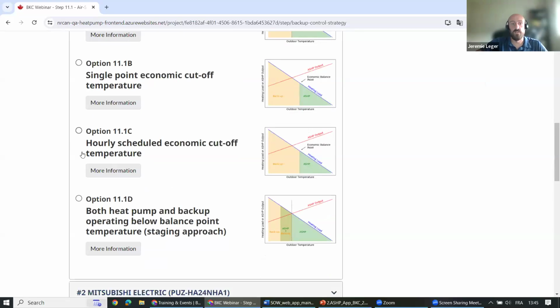We could also do it on an hourly schedule economic temperature. So there are thermostats that are able to do that out there in the market today, where hour by hour, we check the electricity price, we check the gas price, we check depending on the temperature what the COP of the heat pump is, and we make a selection whether to run gas or electric. Because gas is generally cheaper, they tend to favor a bit more the backup system than the heat pump